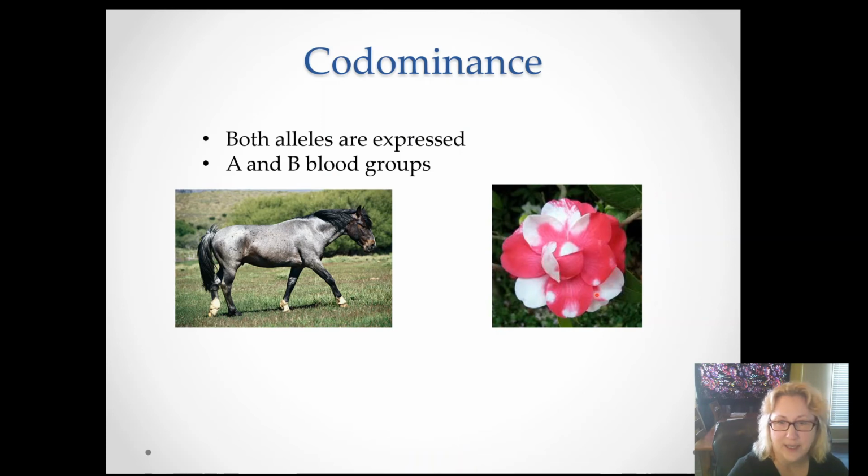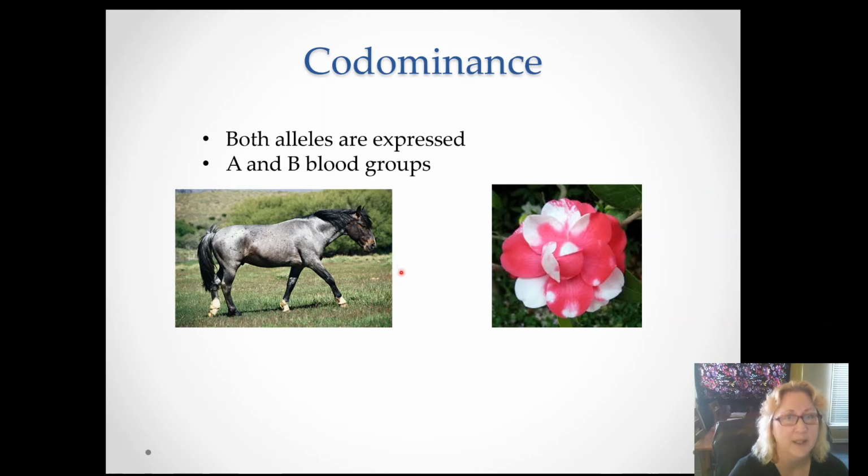Now, these are two examples that are common in textbooks. One is a flower that has white and pink petals being expressed. This is in fact not due to two different alleles. This plant is not heterozygous for white and pink flower color. Usually this is due to a jumping gene, as they used to be called, or possibly even a virus that is inactivating a gene in some of the clonal lineages in the development of the flower,